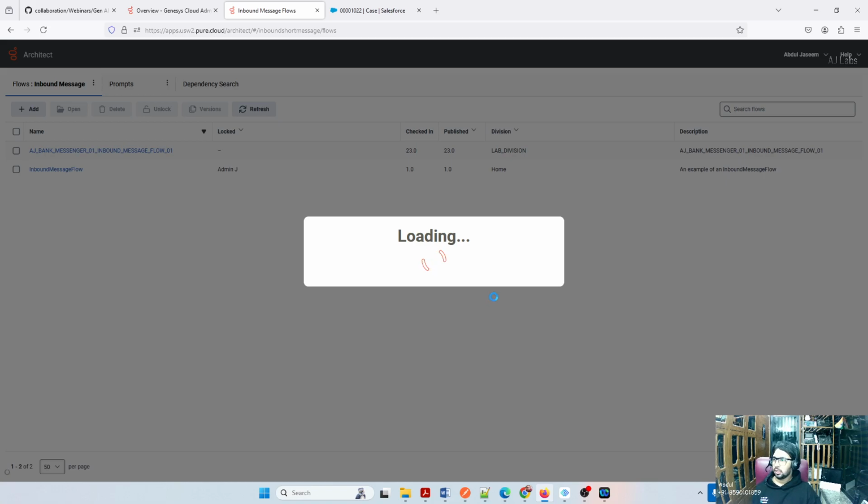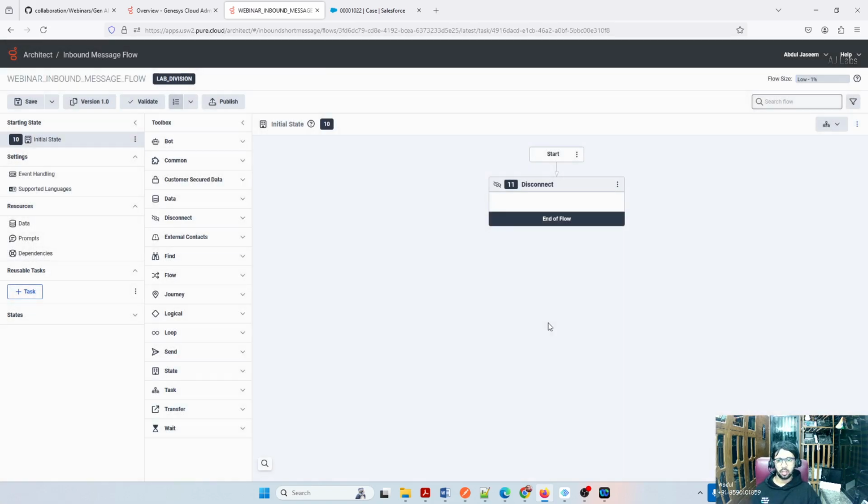And the interface that you see right now is called the flow interface, the inbound message flow interface. The entire contact center logic, though it is IVR or chat, everything will be designed in the Architect flow diagram. This is Architect flow for inbound message. Some options might be different. If you do a voice inbound, you will see some options here that you might not see otherwise. So depending on the type of flow, which can be a call, a message, an email, or a web chat, the menu options will differ.